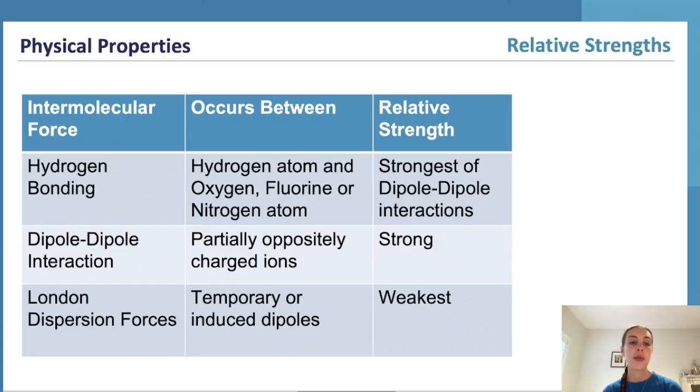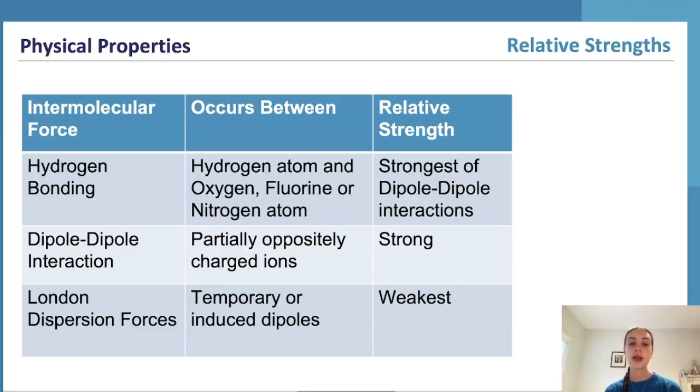Then we've got our standard dipole-dipole interactions, which occur between partially oppositely charged molecules, meaning molecules with a substantial electronegativity difference,